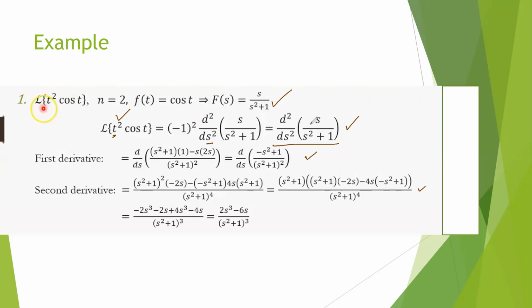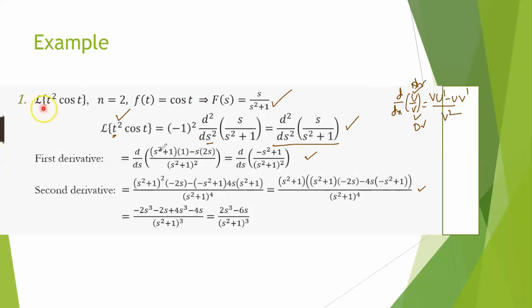So one time differentiation of s by s square plus 1 will be done by using the formula d by dx of u by v. So d by dx of u by v formula is v into u dash minus u into v dash divided by v square, where this u represents the numerator and v represents the denominator, isn't it? By following this logic, if we try to apply this formula for the differentiation of s by s square plus 1,